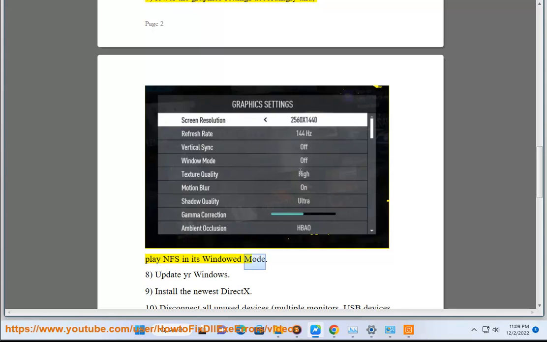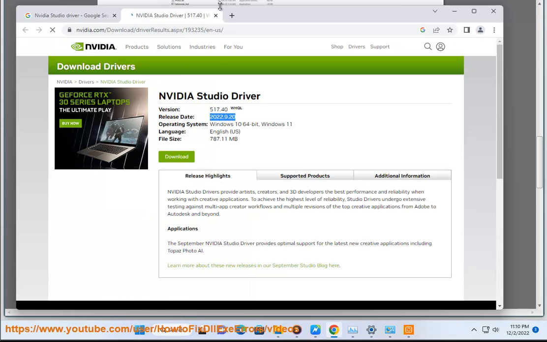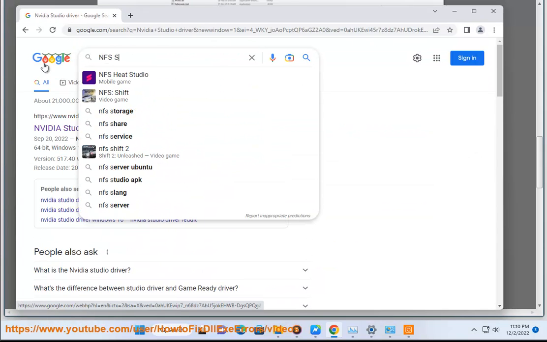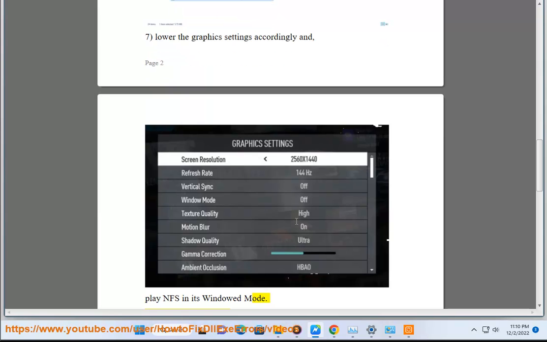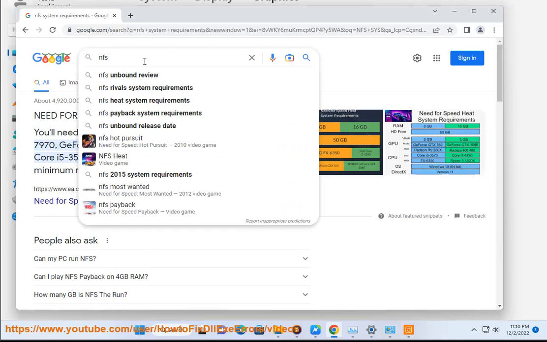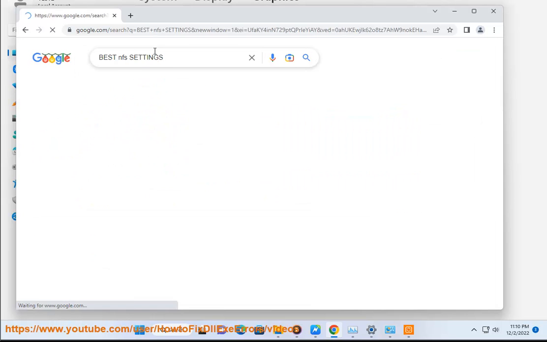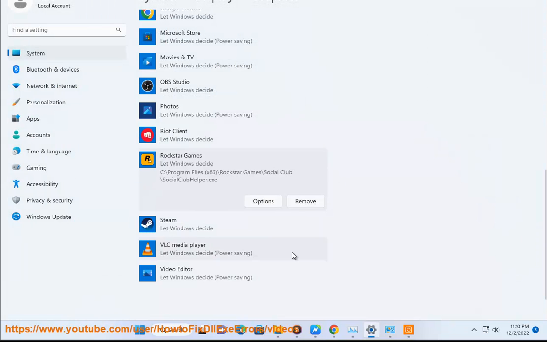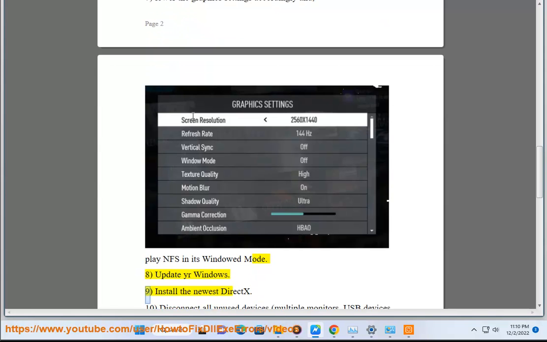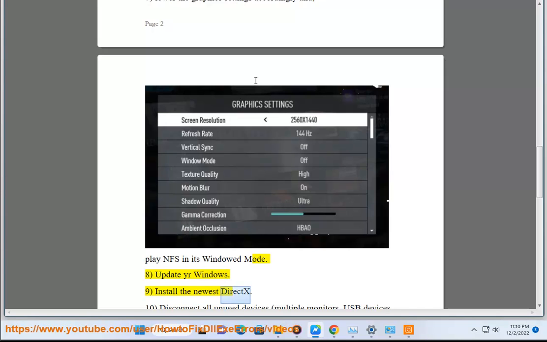settings accordingly and play NFS in its windowed mode. 8. Update your Windows. 9. Install the newest DXGI. 10. Disconnect